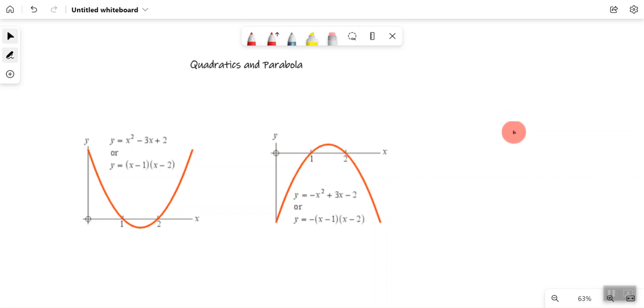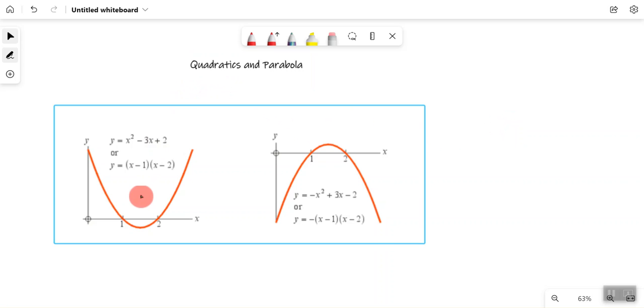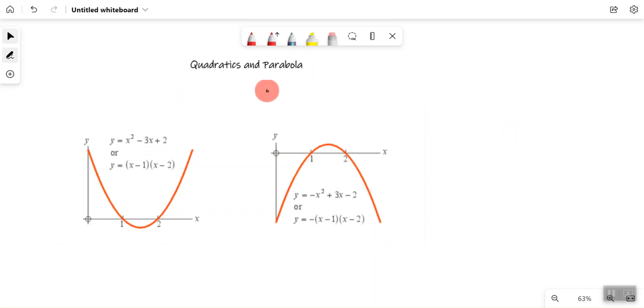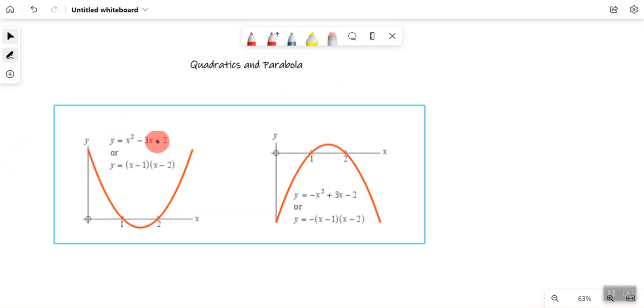So we have here two quadratics, and I want to introduce this idea of what's known as a parabola. If we have a look at these two quadratics, we have this quadratic here, for example x squared minus 3x plus 2 is equal to y. This is a quadratic, and if we graph this out, let's say like so,